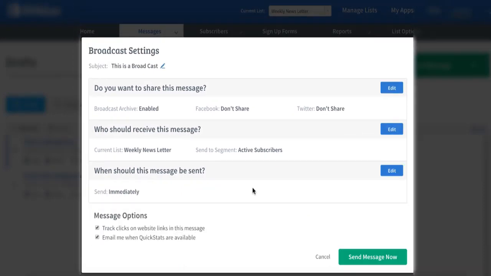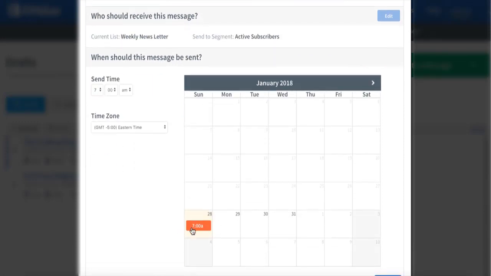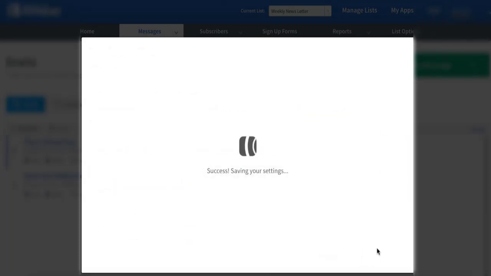Okay, and then you can actually enable tracking, and you can also enable the statistics if they are available. And then when you click on this button, the message will be sent appropriately. Because we are saying it is immediately, it's enabled as send message now. But if you change it probably like 7 a.m. at this time and say apply, it says schedule this message for this particular time. Okay, now once it's clicked,